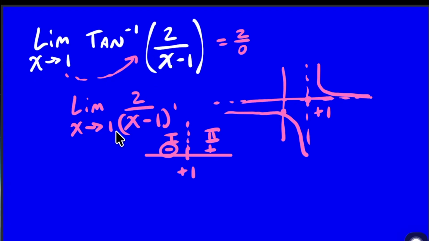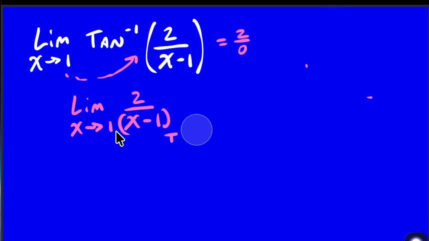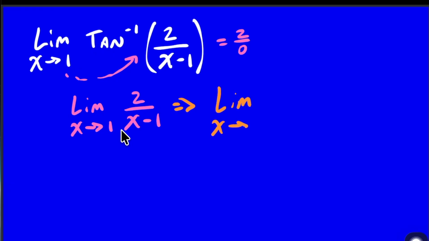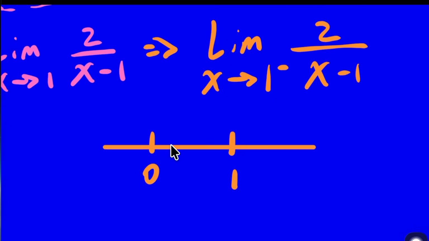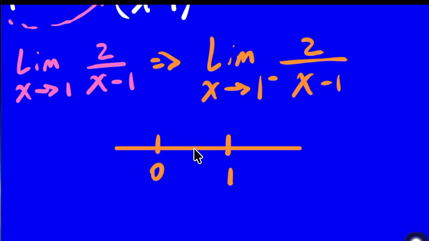Okay, so how do we approach this limit? And folks, before I get there, let's talk about what to do if you didn't know how to graph that rational function for whatever reason. Okay, what we would do is we would have to approach this limit from both sides. So let's first look at the limit as x approaches 1 from the left of 2 divided by x minus 1. Let's look at the number line. And we see if we're approaching 1 from the left, first we might plug in a number, let's say 0.9